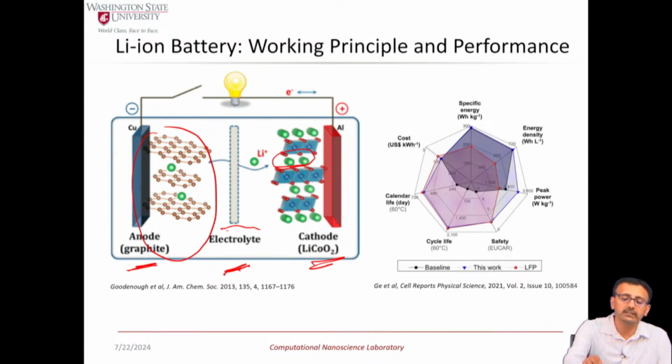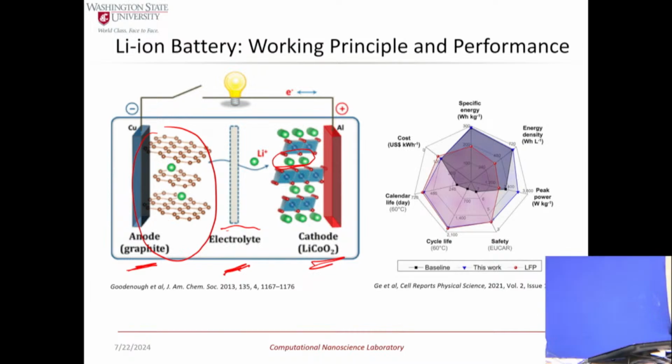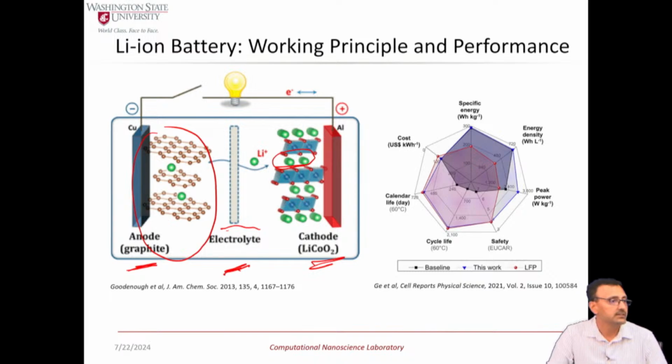At that point, you connect it again with an external circuit to supply the electrons back to the system, so that the lithium atoms are again ionized and flow backwards towards the anode and get stored there for another cycle of discharge. So that's how the battery operates. But there are many very interesting chemistry and electrochemistry involved here. It's a multiphysics problem, really, of how the lithium ionizes or oxidizes, how effectively, how much of it you can store inside each of these electrodes, and how efficiently they can be transported through the electrolyte that separates